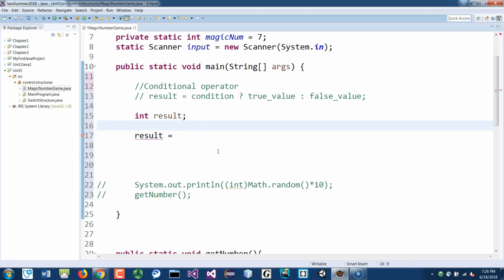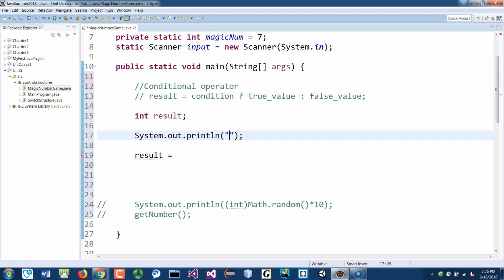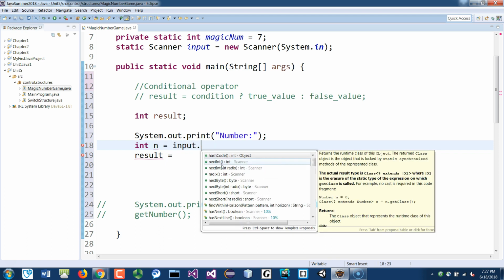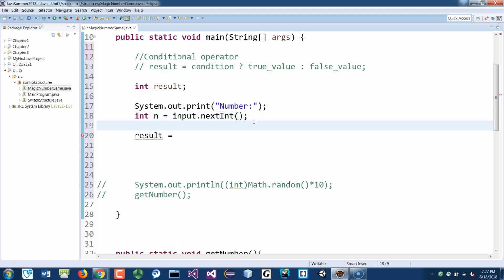Let's do real quick first. Sysout, read a number. We'll do int n equal to input.nextInt. So usually we say if the result, if n is greater than like a magic number, right? Magic num. If that is true, then we'll put